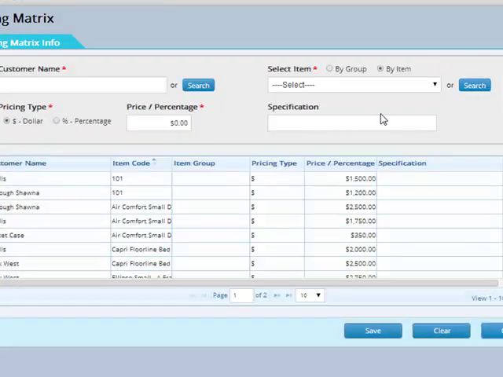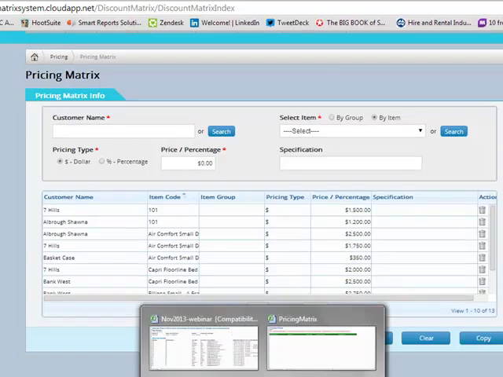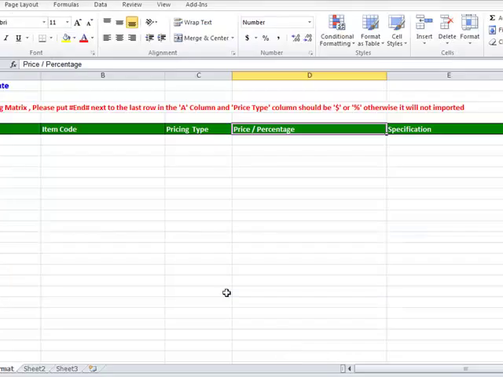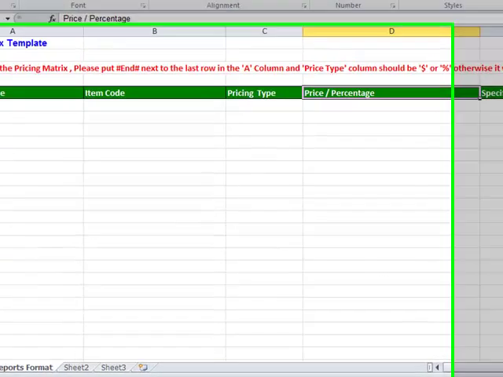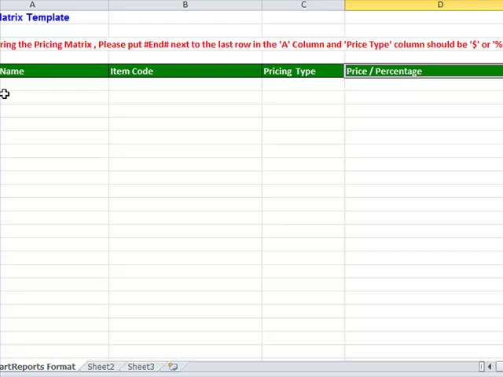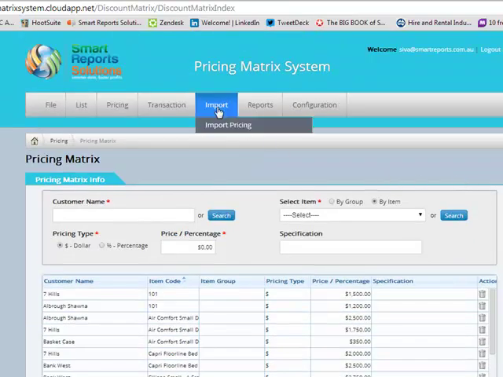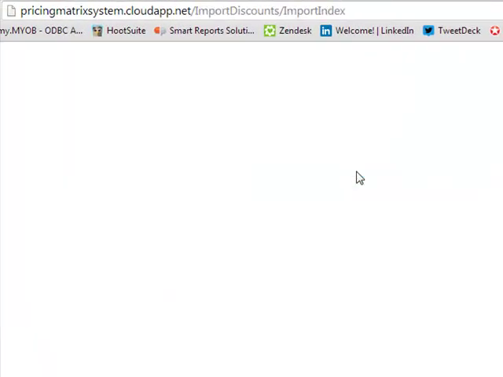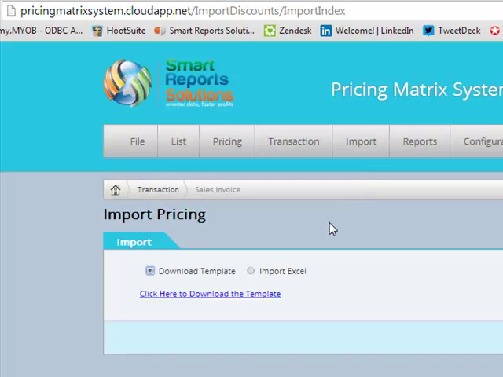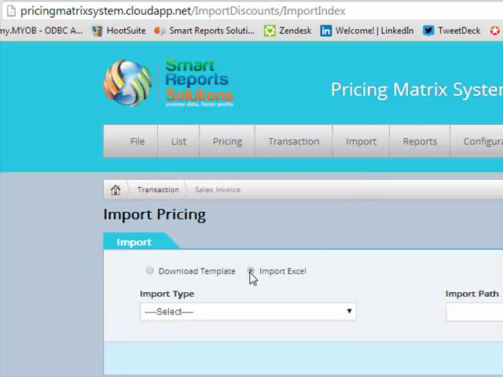In addition to that, we also provide an Excel template wherein you can specify your pricing details such as the customer name, the item code, the pricing type, the price, and then any specification to go with it. And simply go into the pricing matrix system, go to import menu, click import pricing, select the Excel template